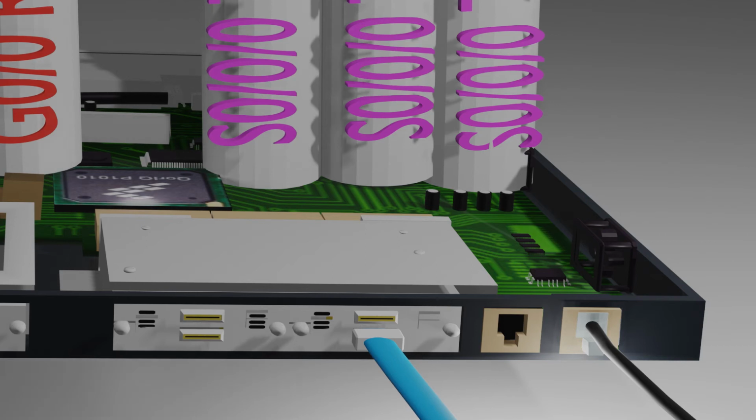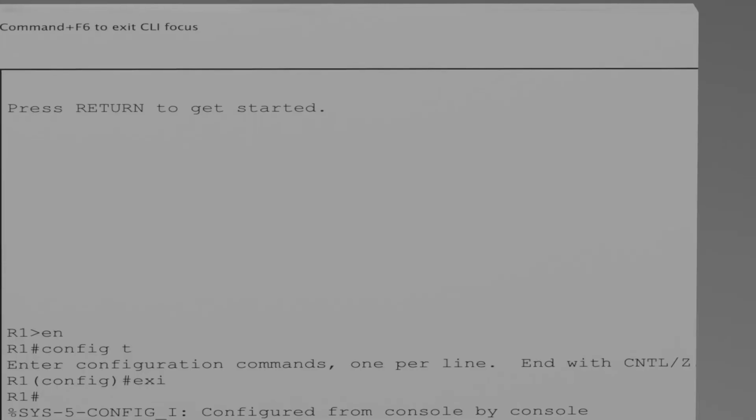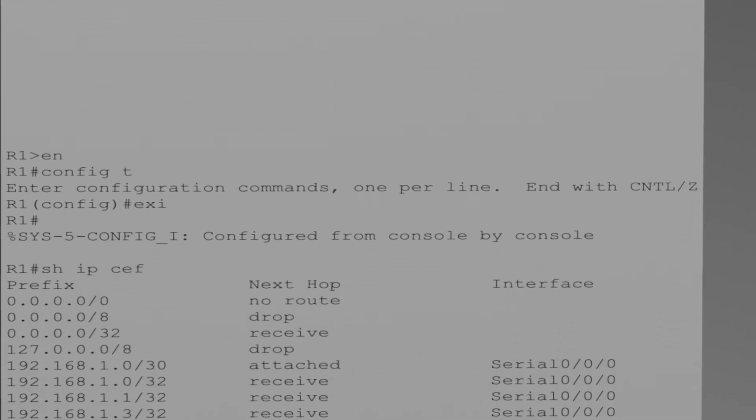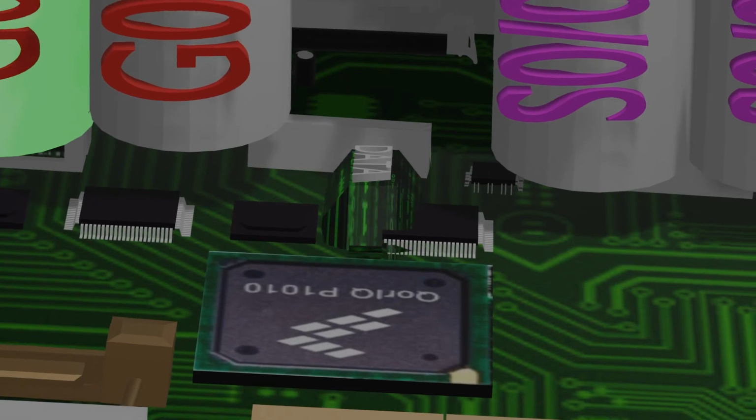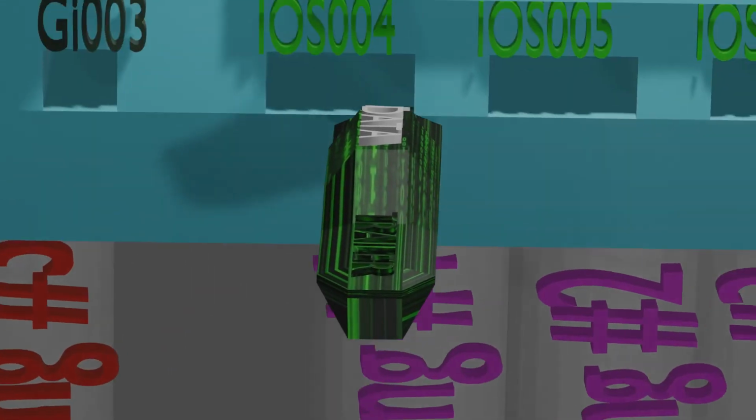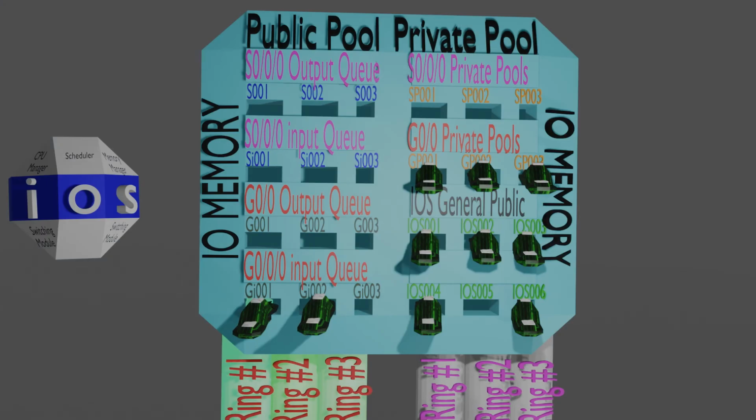Then the CPU begins processing the packet. iOS uses CEF, fast switching, or process switching to determine the forwarding information the CPU needs to write to the packet's header. Next, iOS does a route lookup using CEF to find layer 2 forwarding and next hop information. Finally, when the CPU finishes its rewrite, the packet is placed back into G00's GP002 receive queue and waits to